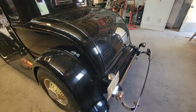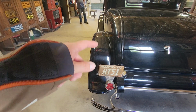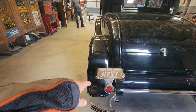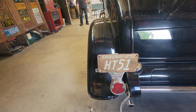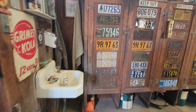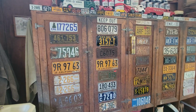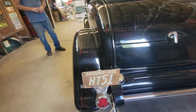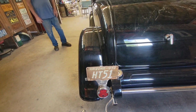And because I don't know much about, wow, what year is this car? 32. So this is a 1932 car, and you found a 1932 license plate? Well, you just put that on. You know, my son collects these. We just put that on there. Oh, okay. It's not the real plate. Oh, okay. So it looks cool because it says Arizona 1932, and it's a 1932